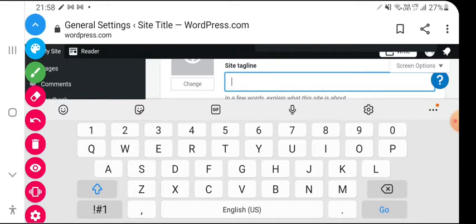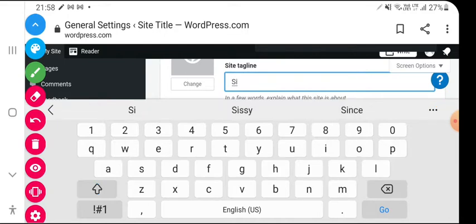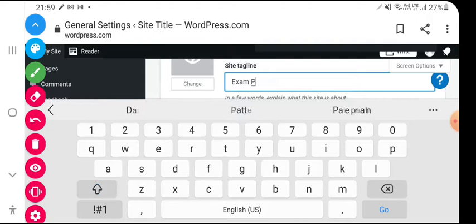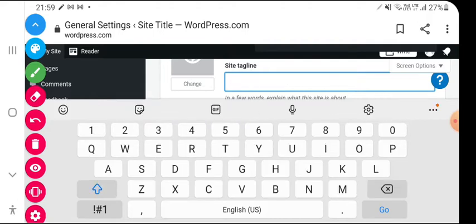I would say, we can choose something which would be related particularly to our niche. That would be better. Here we provide guidance and preparation material for various types of exams. So we can write exam preparation, or a better tagline will be,